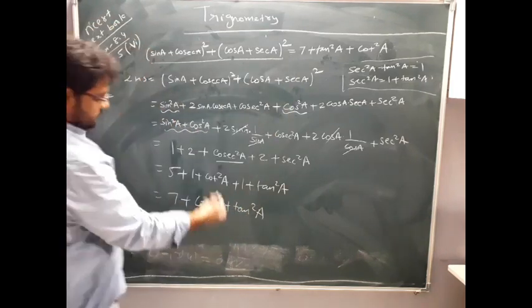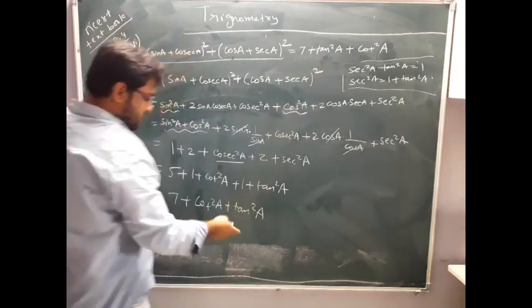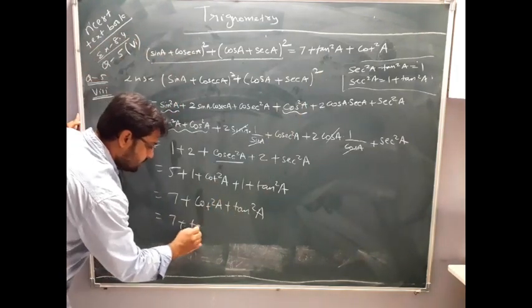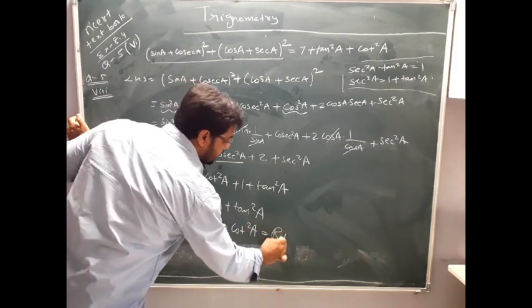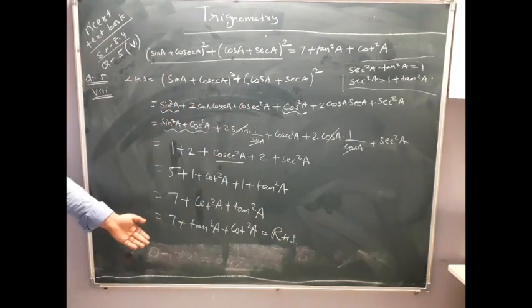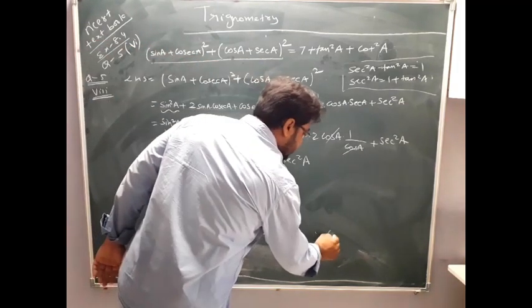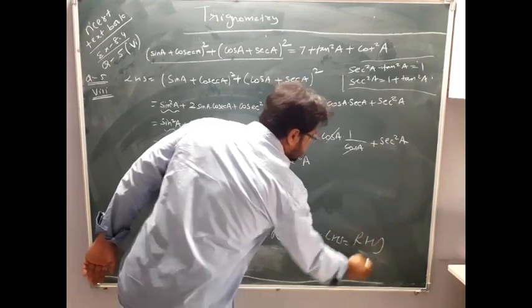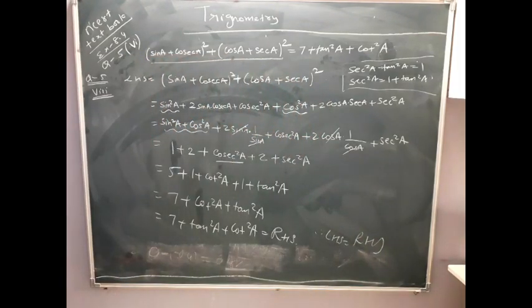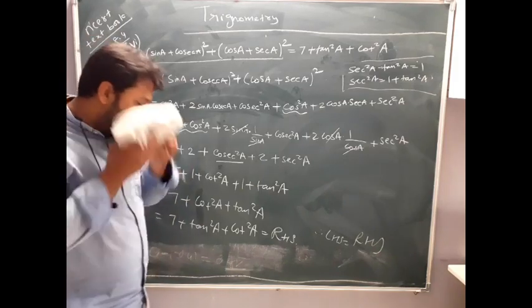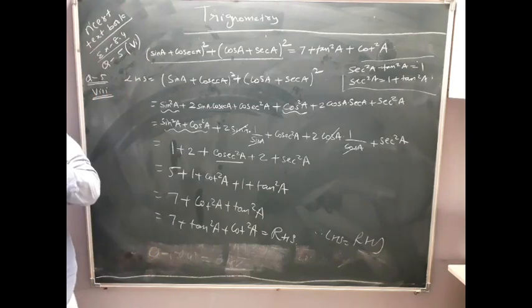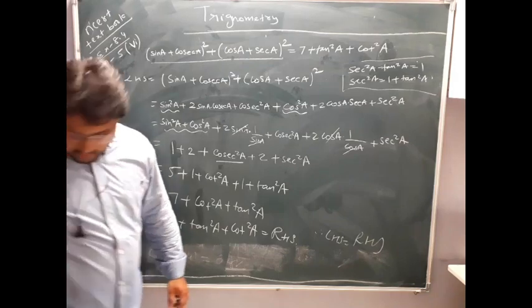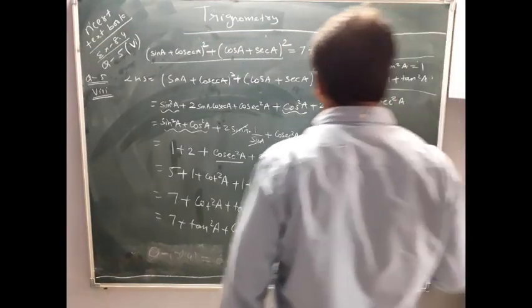See the RHS part. In RHS we have first tan, so replace the term. Equal to RHS. Therefore LHS equals RHS. Don't forget to write down this portion: LHS equals RHS. Write it down. Clear? So you can solve a number of problems in this way. Okay, so copy it out, then I'll go to the next problem, or take a screenshot. I hope you have taken the screenshot. Then next we will go to problem number 9.